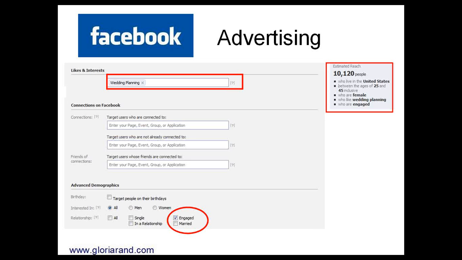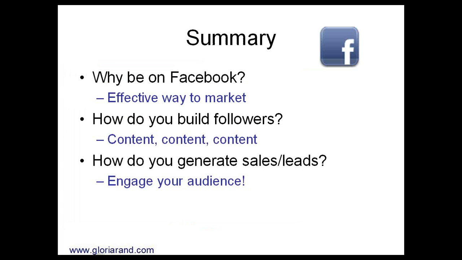So now you just have to decide how much you want to spend per day, and I believe you can spend as little as $1 to advertise on Facebook. Then you just set a time limit. It's similar to pay-per-click advertising on Google, but I think it's a little bit more cost-effective than Google, and I think you'll get really good benefits out of it.